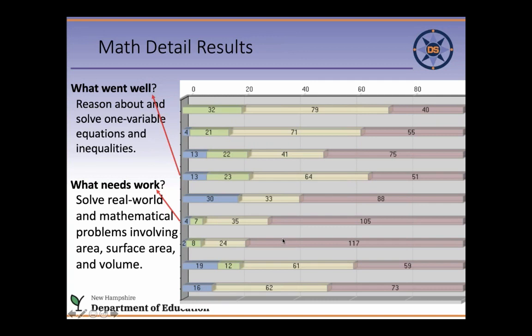What I found after looking at this data for a few years is that if this was the lowest area this year, it was probably the lowest area last year, and it was probably the lowest area the year before. Sometimes that's just because they don't teach that unit until after the test. All you have to do is move the unit up. In a case like this, with only 2 points, I might actually move this until after the assessment. It's just not that important.